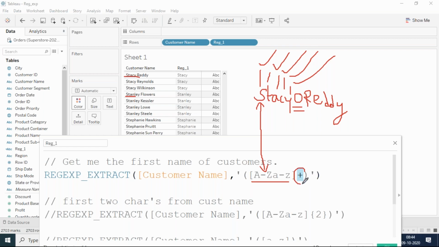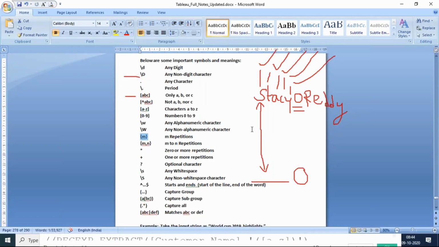And what is plus operator now? Plus operator is nothing but when you keep on searching, and if you find them with one or more repetitions, keep on searching for the next characters. Right, so unless you keep on finding any breaks, keep searching for every character, and when it is not matching, then you stop looking at the characters. That's what the plus operator is, we have to remember, it is one or more repetitions, and the star is 0